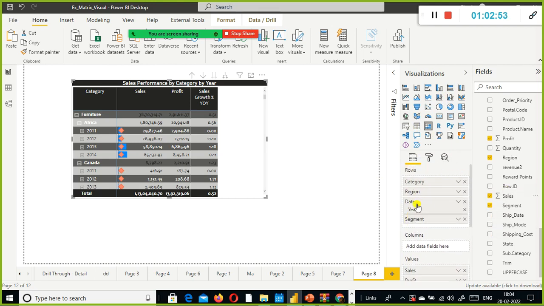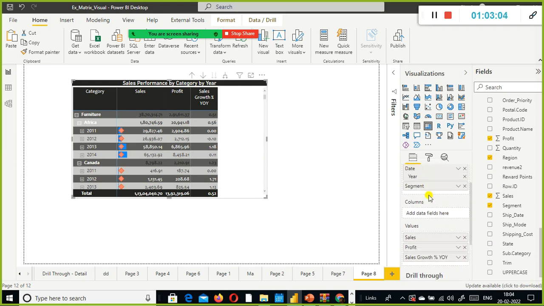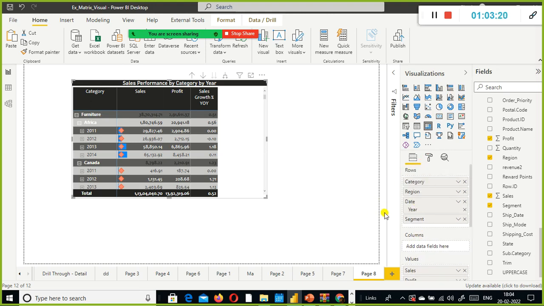Only when we drag and drop into columns will the data get populated, but columns is not mandatory, it is optional. These three fields are under this axis section. It is not the same for all visuals; for each visual, the number of fields like rows, values and columns will vary.